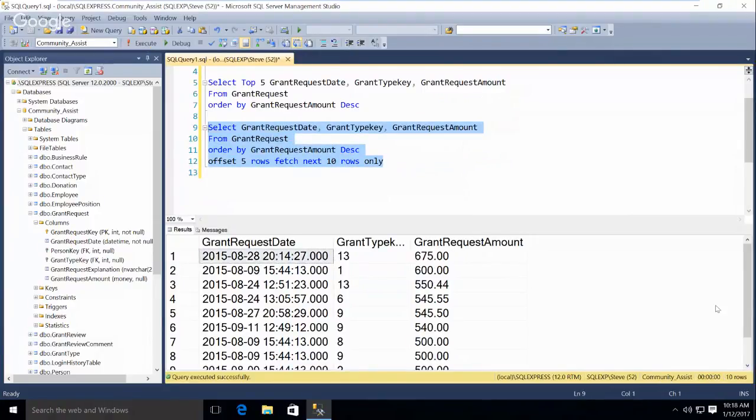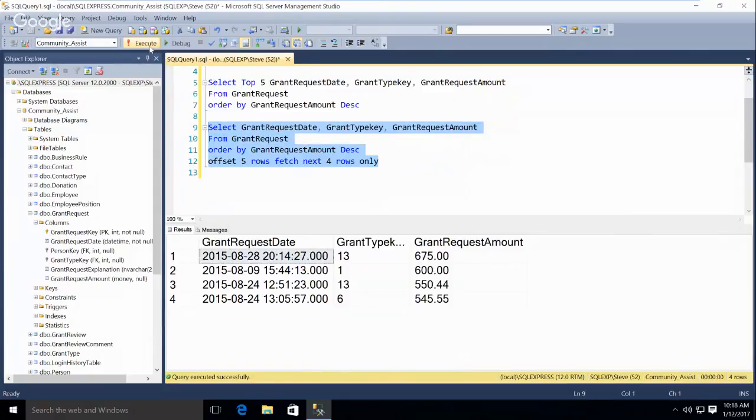All right, so we got 10 rows. Notice it starts at 675. So that's the one right below the other one. And if you wanted to see only, we could offset by 5, and we could also show, if we wanted, like show only 4 rows or something. So basically, when you've ordered it, you can pick your places in your ordered list to return and how many of them you want to return. Does that make sense? That can be useful. I mean, that kind of information can be useful.